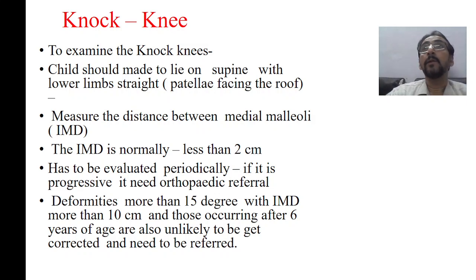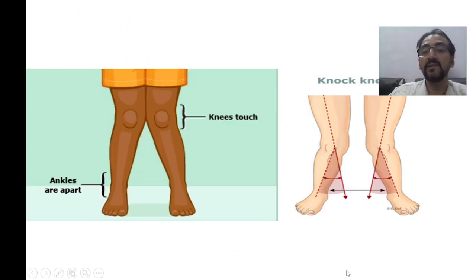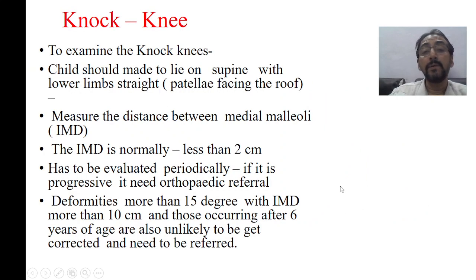Now therefore, number one, a deformity of more than 15 degrees is occurring. As you see in this case, this is a degree here in the picture. If this is more than 15 degrees with the intermalleolar distance more than 10 cm, now this is a checkpoint. If that particular deformity angle is more than 15 degrees with the intermalleolar distance more than 10 cm,